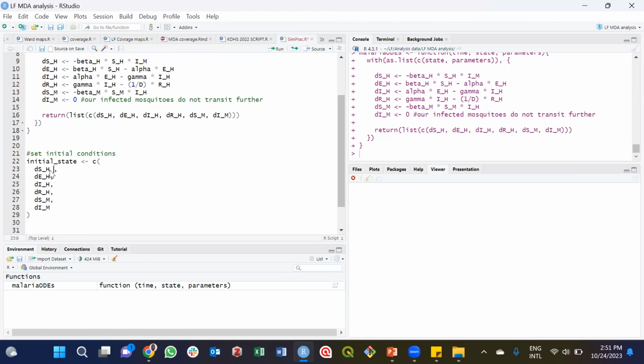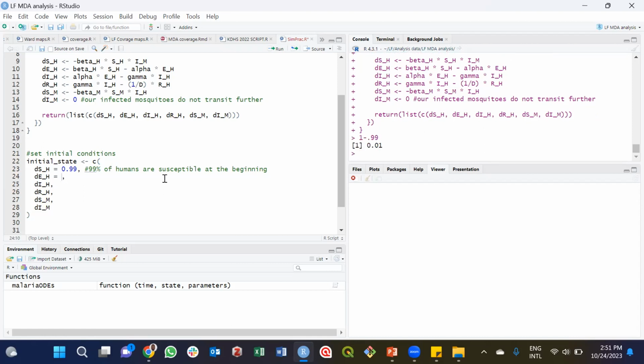Okay, so let's say in the beginning we have 99% of humans susceptible at the beginning of the disease. Then the infected will be, if it's a proportion, 1 minus 0.99, so 0.01. So we say 1%